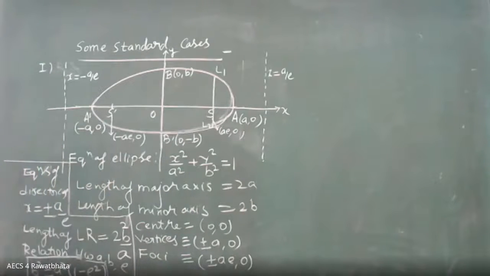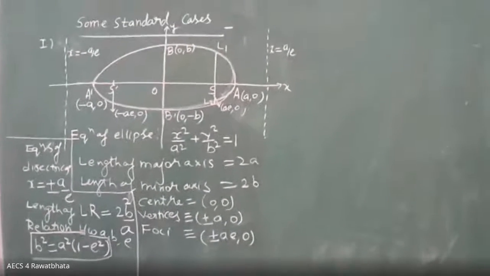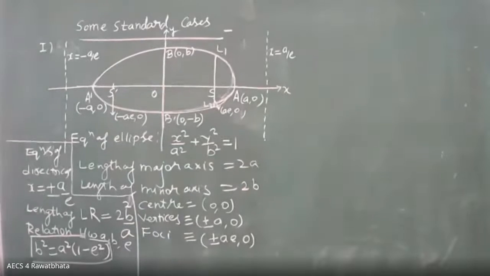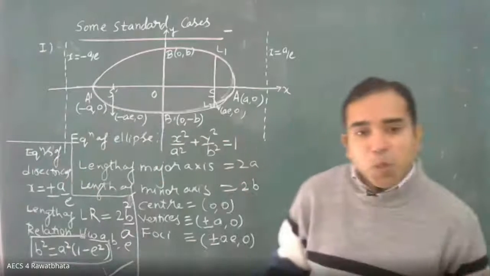If this is visible to you. Yes. The relation in a, b and e is given by b square equal to a square into 1 minus e square. Keep in mind, e is eccentricity, will always be positive, and for ellipse, eccentricity value lies between,